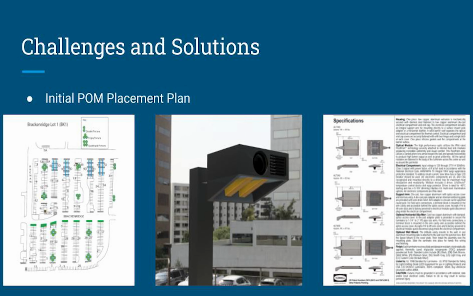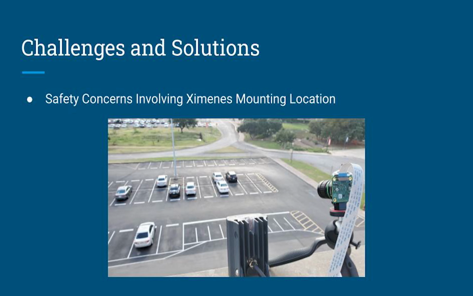The next issue we encountered was with our initial plan to place a POM on top of a light pole and utilize an existing AC input to supply power to it. In order to do this, we needed to utilize an articulating boom lift to access the top of the pole as well as modify the pole itself to gain access to the AC power. Unfortunately, this would have caused a safety hazard and would have additional red tape attached to it. This forced us to go a simpler route and design a prototype that could hang off the side of the Jimenez garage.